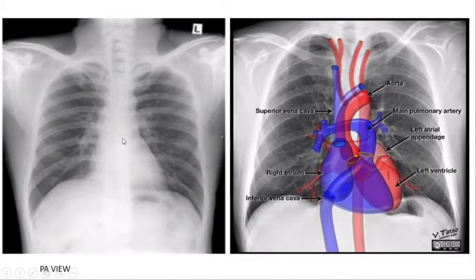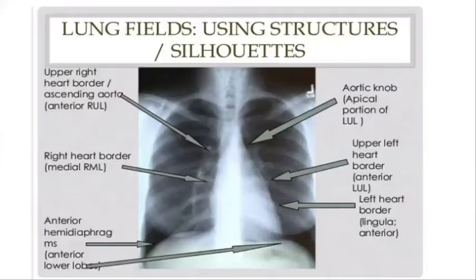Similarly, now look for the pulmonary vessel. The pulmonary vessel emerges from the right ventricle, proceeds towards the right side, and branches into two major branches, the right branch and the left branch. The left branch gives two divisions for the upper and lower lobes of the left lung. Similarly, the right pulmonary artery gives three branches, superior, middle, and inferior, for the respective three lobes of the right lung.